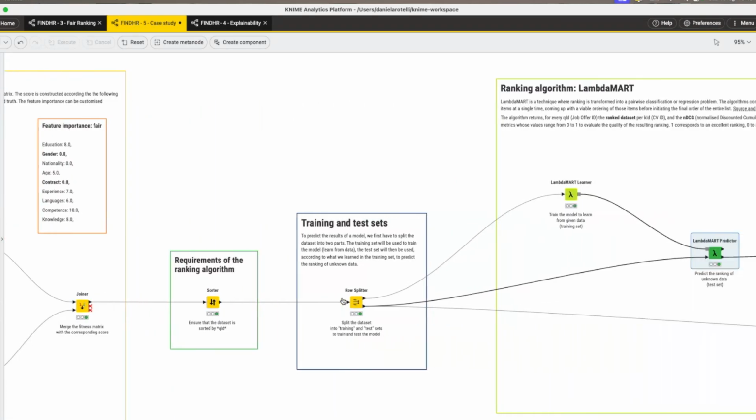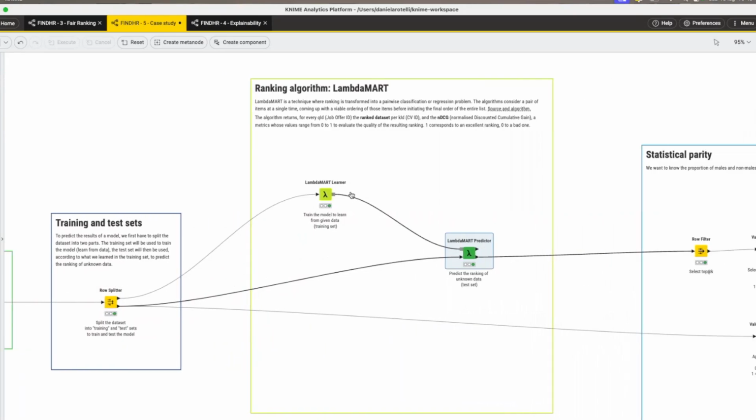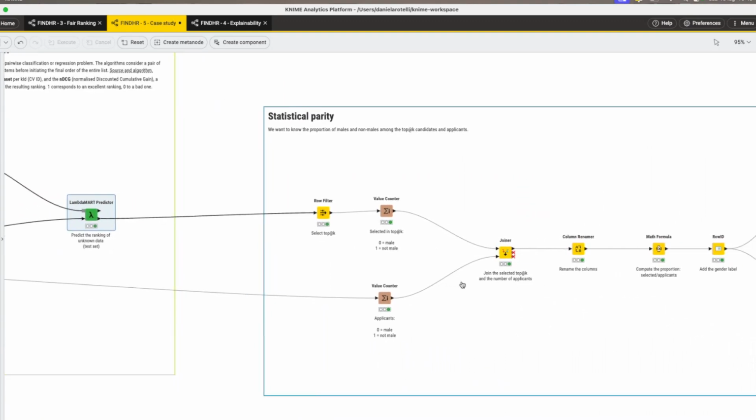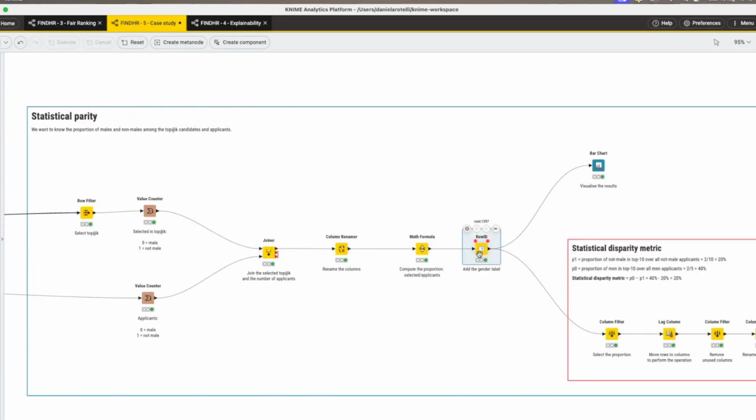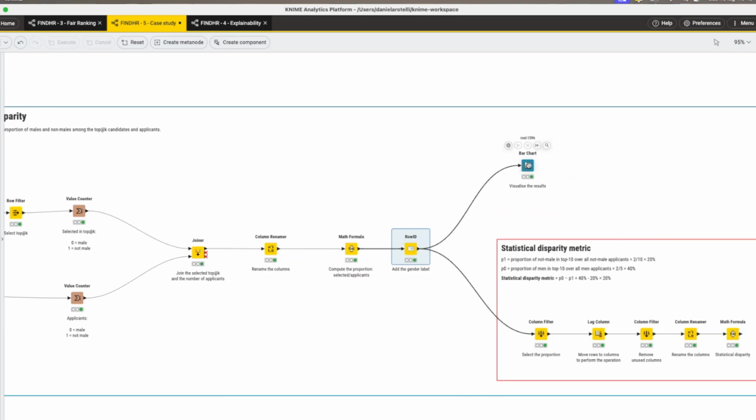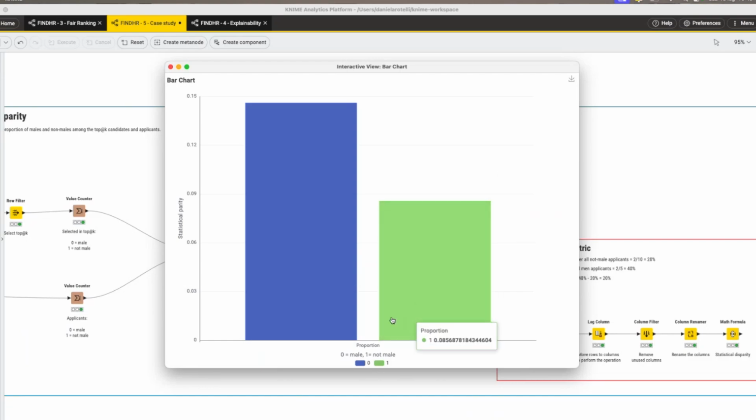We apply our ranking algorithm up to the end, and we calculate, as before, the statistical parity. We learned to calculate it yesterday. What we have at the end, so I go up to the end, and here we have a bar chart, and we can see that not male are more than male 0 are more than not male. Okay? In our final results,